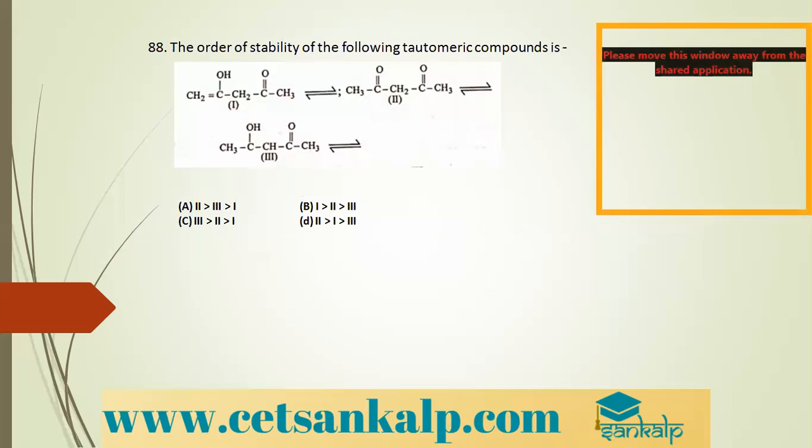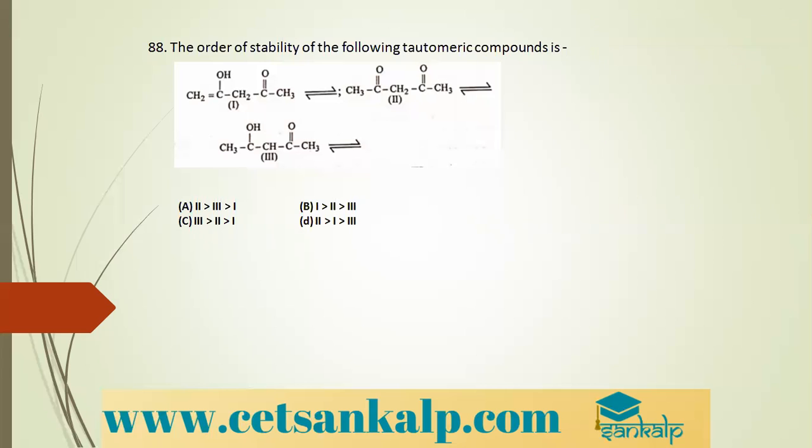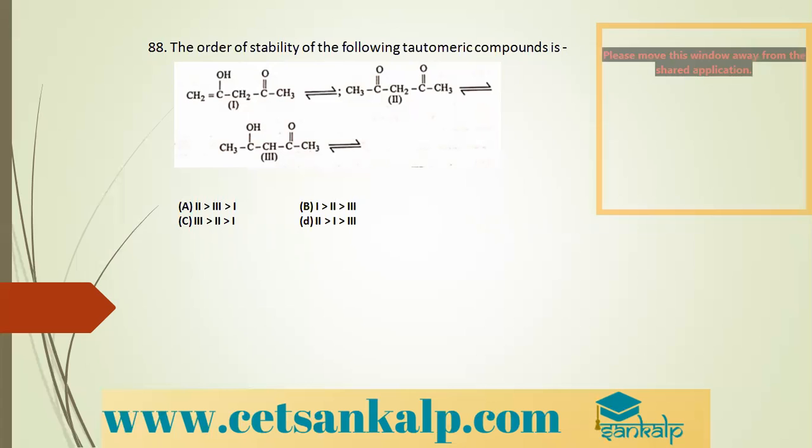Next question, the order of stability of following tautomeric compounds. So they have given us 3 compounds. What is the order of stability? If you observe first, second, and third compounds carefully, intramolecular hydrogen bonding and conjugated diene, and it has involved more acidic hydrogen in the first option. There is intramolecular hydrogen bonding within the molecule itself, and there is conjugated diene, and there is acidic hydrogen involved,